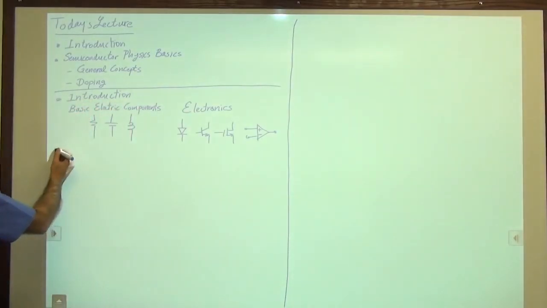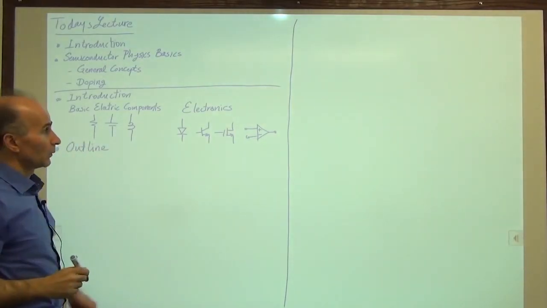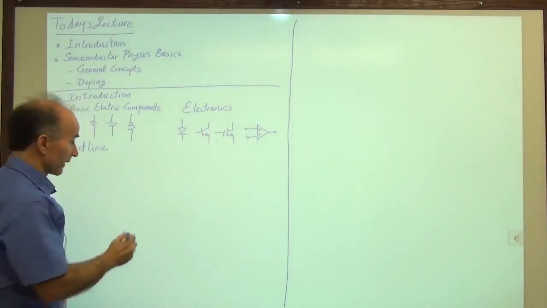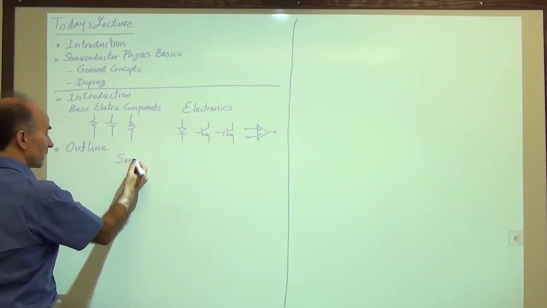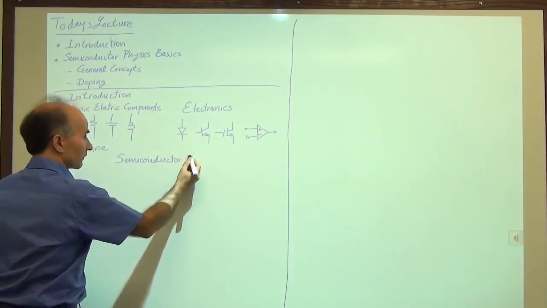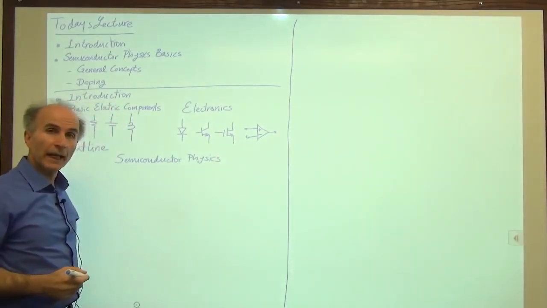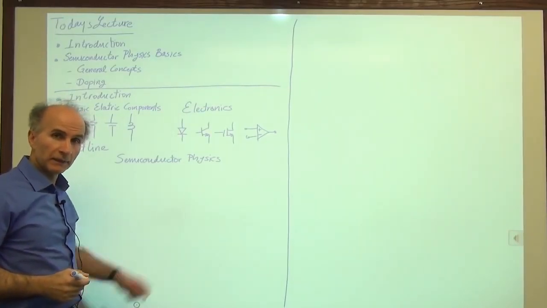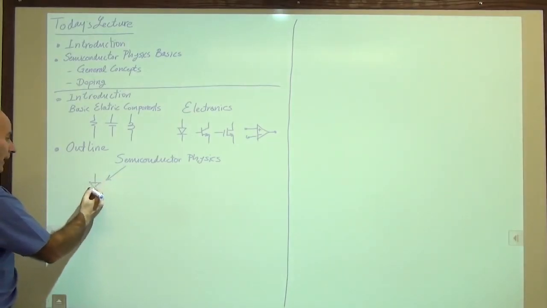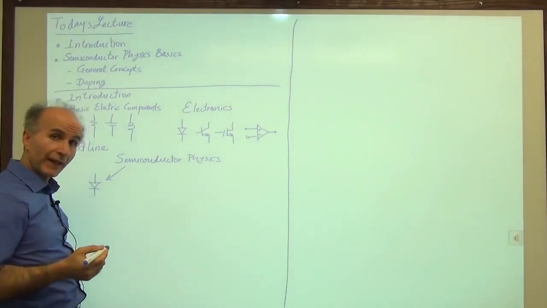So the outline of this course is like this. We start with semiconductor physics, which is the foundation for all of these devices. So semiconductors, or semiconductor physics at a simple level. And once we understand that, we can go ahead and build each of these devices. So we go ahead and build a diode and understand its inner workings, and more importantly, find out how we